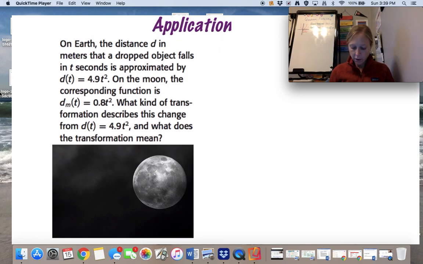Okay, so we started with this, d of t, and we went to d sub m of t. What's the only number that changed? Yeah, this multiplier in front. And what does a multiplier in front do? Yes, it vertically compresses or stretches things. Did the number get bigger or smaller? Got smaller. So what happened is a vertical compression